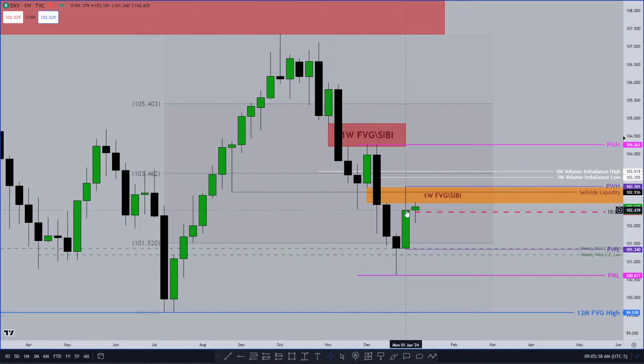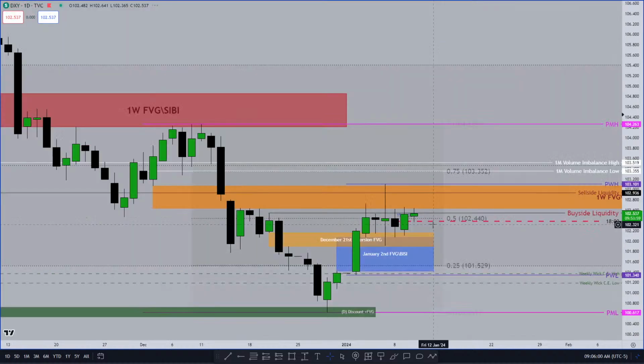Because of my monthly draw, I'd expect for anything below this sell side to be used as a discount. And then you add in this 6 p.m. Sunday open, and you see how the weekly candle is kind of forming, and anything below this is used as discount. So daily,